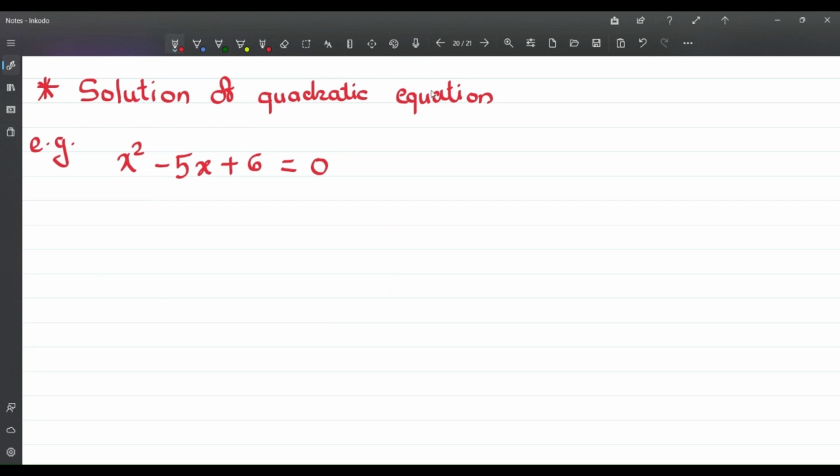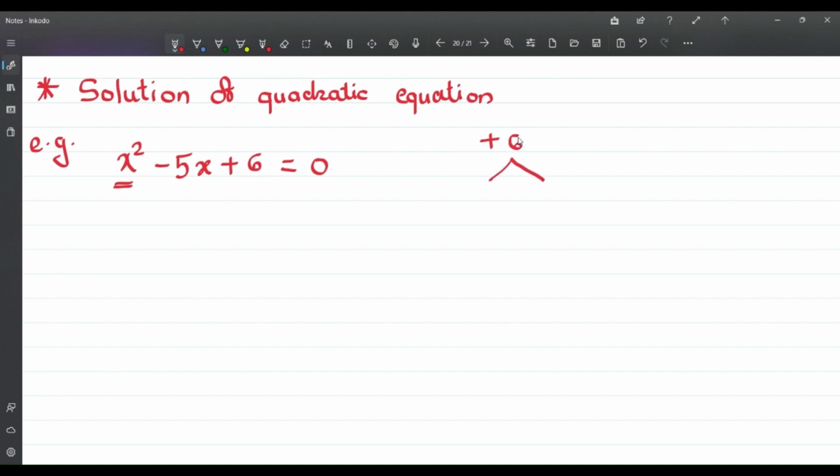Solution of quadratic equation. If we are given the equation x square minus 5x plus 6 is equal to 0, and we have to find the solution, meaning the values of x. Now we'll take this constant number like this and we have to